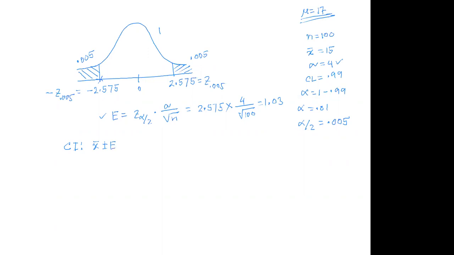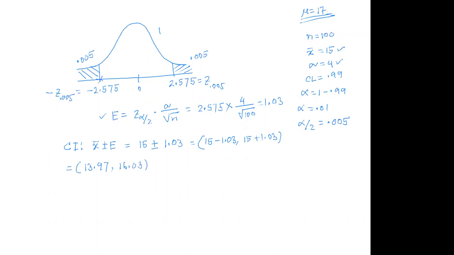So X bar, we found it to be 15, okay? 15 plus or minus the margin of error is 1.03, which is gonna be equal to 15 minus 1.03, comma 15 plus 1.03. If I simplify it, it's going to be 13.97, comma